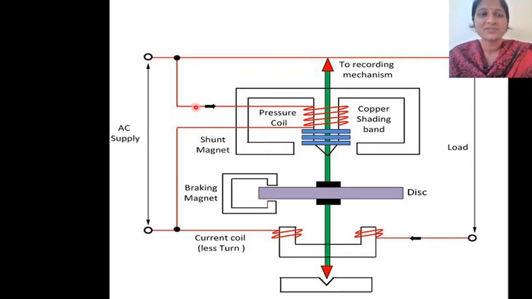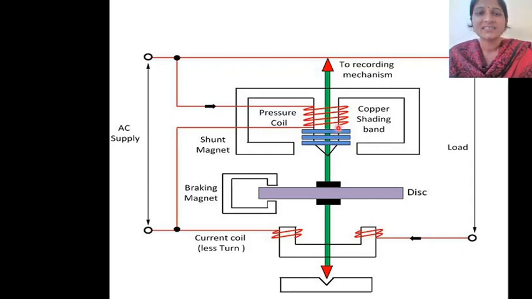That means one wire goes to the phase and the other wire goes to the neutral. So this is the pressure coil which is connected in parallel in the circuit, and it is wound on a magnet. This magnet is called the shunt magnet and the coil is called the pressure coil. And next there is one more magnet, the series magnet. This is connected in series to the load. From the load it goes from here to the neutral supply. As it is connected in series with the load, this is called the series magnet and the coil is called the current coil.